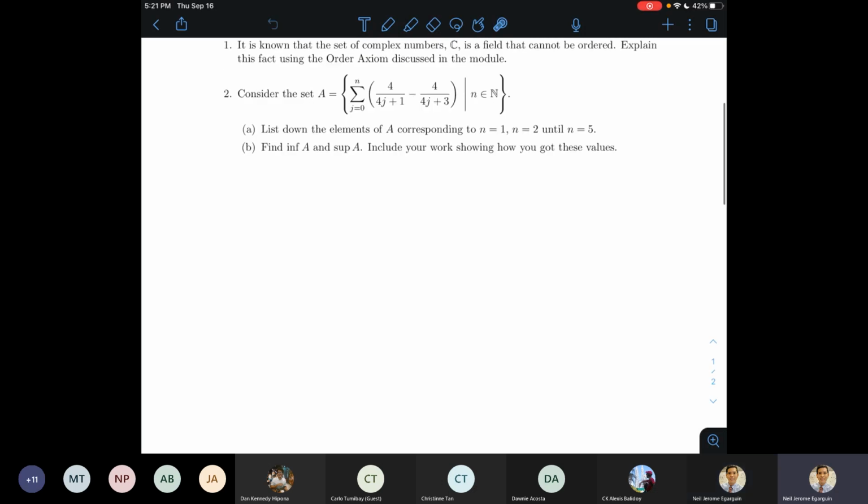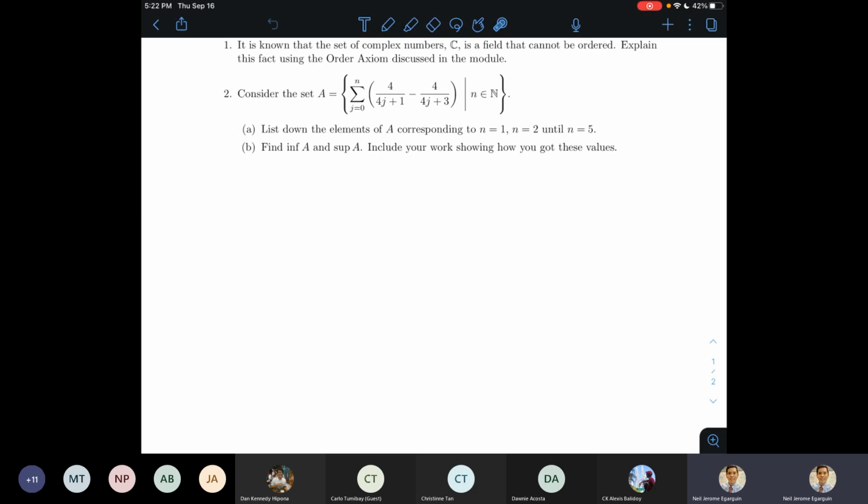And then, kaya ko siya nilagay kasi para maging clue siya dun sa second part ng question. Because the second part of the question asks about the infimum and the supremum of A. On Tuesday, we will learn what the infimum and supremum are. But basically, pwede nyo isipin na yung infimum siya yung greatest lower bound at yung supremum ay least upper bound. So, kailangan nyo siyang ibigay, pero kailangan nyo ikwento sa akin bakit yon yung nakuha yung infimum